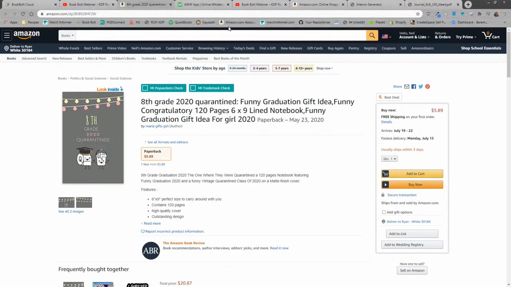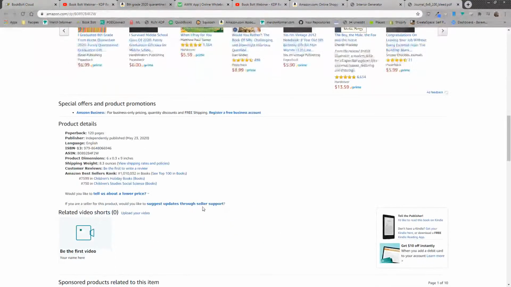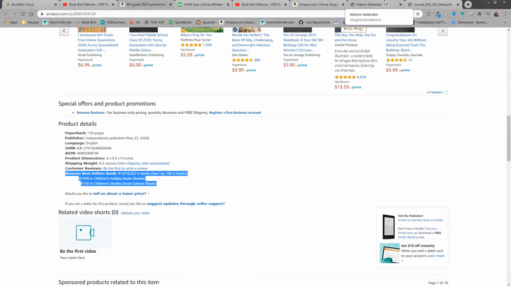Let me check comments here, and then we're going to get into some keywords. Let's see: I have problems with which categories I should select when uploading. Would I base it off the research of bestsellers, or... yeah, we'll go into that in just a little bit. I would base it off of 2 things. One, bestsellers, but the categories that you pick inside the back end of KDP are not going to be these categories. They're going to be a little bit different. So let me go over that real quick before we jump into